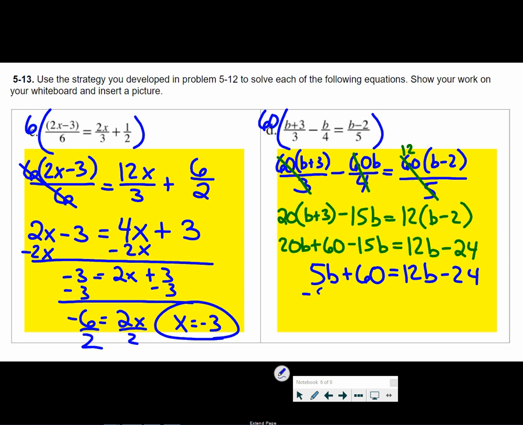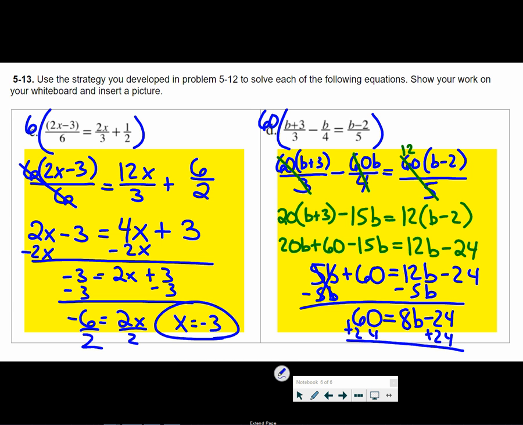I'm going to subtract 5b from both sides. I get 60 equals 7b minus 24. Okay, add 24. 84 equals 7b. Divide by 7. I end up with b equals